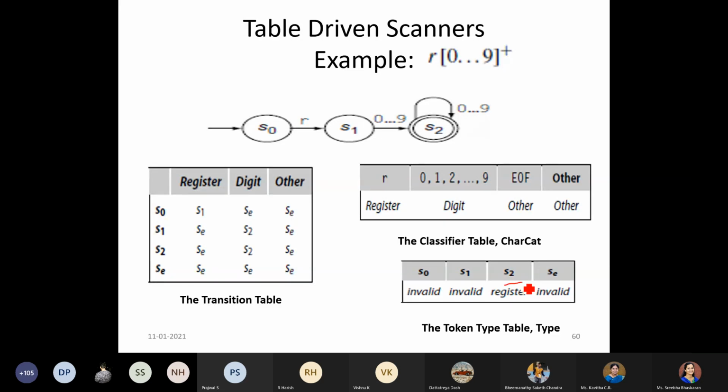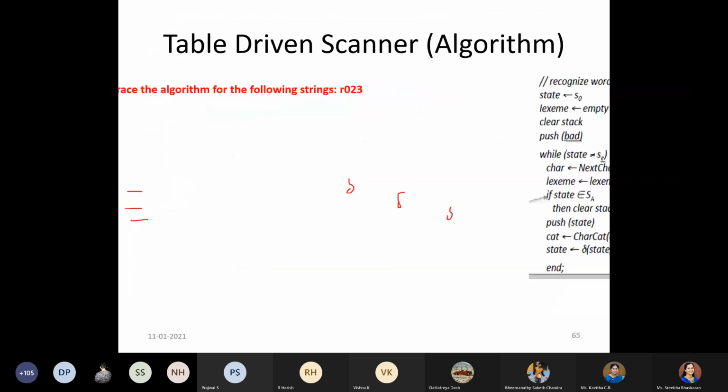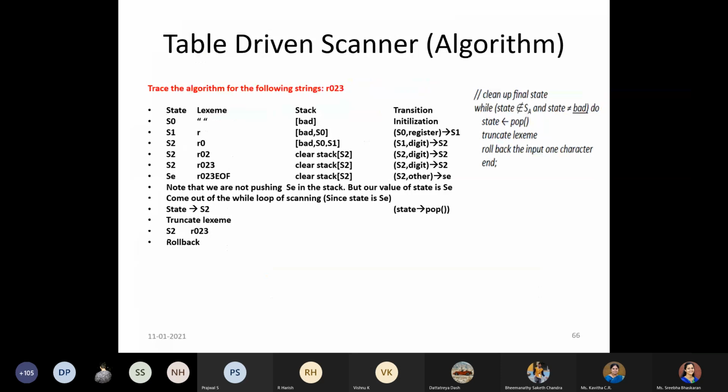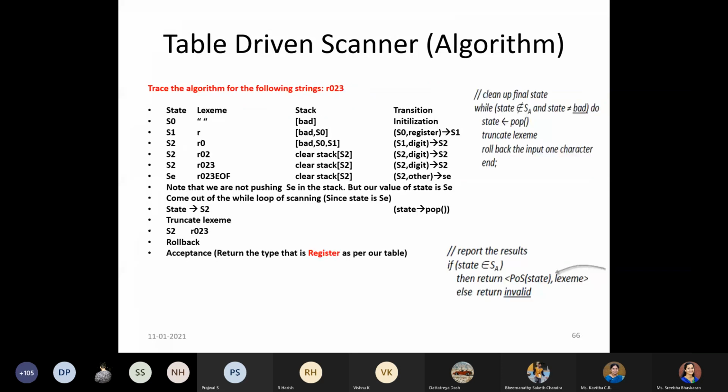So it would return the token type as register. If it was any other state, it would have returned invalid. That is what has happened in this case also. Is it clear? At least you understood the partial algorithm.